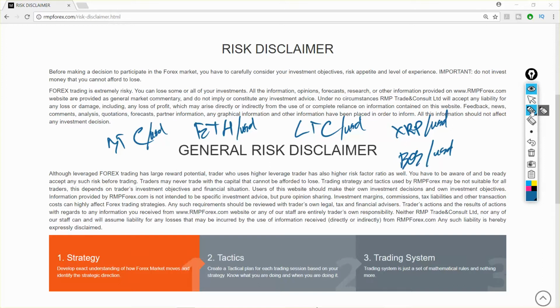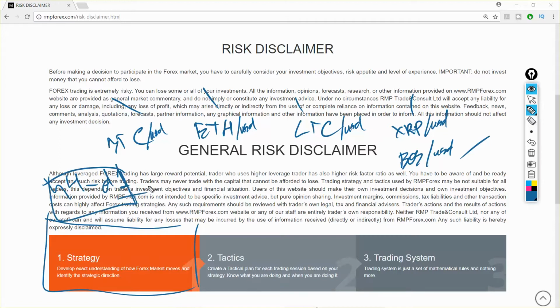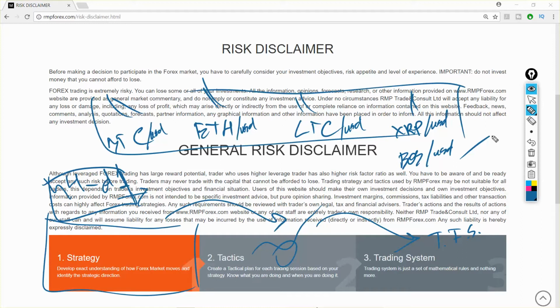For those of you who are watching my reviews for the first time, I will just explain very quickly what I'm doing. Each Wednesday, for those 5 cryptocurrencies, I choose my strategic direction based on H4 and D1 timeframes. Once I have that strategic direction and reference points where that strategic direction will be cancelled, then I go to the tactics phase, which is each morning before the trading session starts, I create a tactical plan for each of those currencies. And then once I have a tactical plan and an entry zone, I go to the third stage and use my trend following trading system. So 4 main pairs plus 1 pair that you choose.